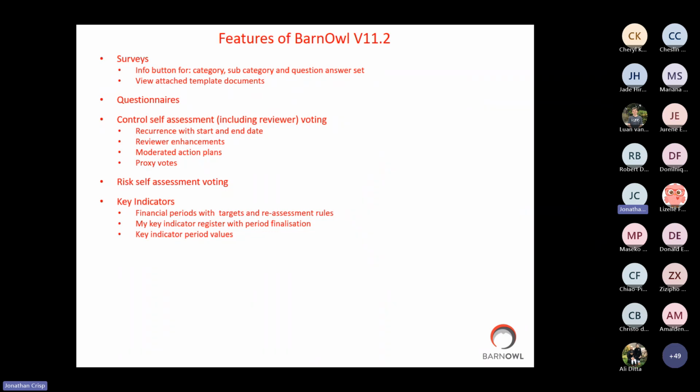And what's also good is you never know when someone has finalized their key indicator values. So don't forget, with key indicators, you can put owners against key indicators. So if I have to monitor something, I would get an email, or I can look at BarnOwl and say, oh, I've got to fill in a key indicator for my sales targets for the end of Feb, for example. But let's say that I filled them in yesterday, the 28th of Feb, and today I think, oh, hell,